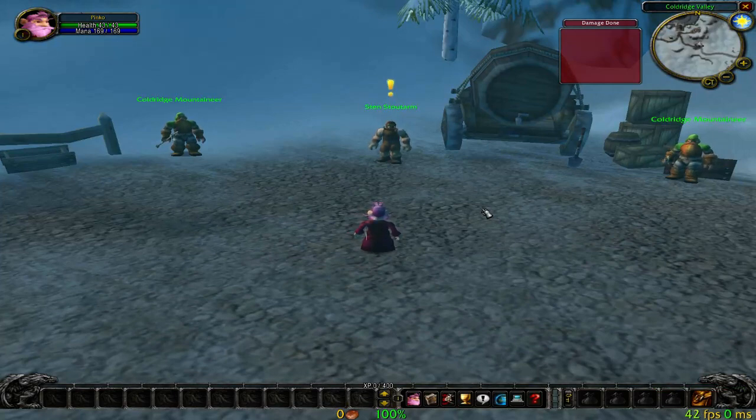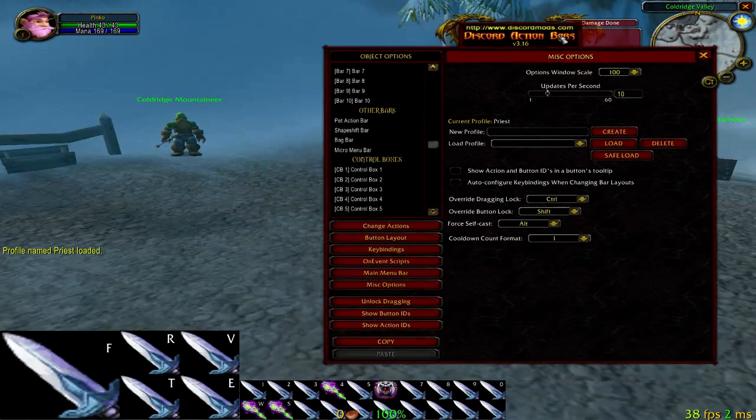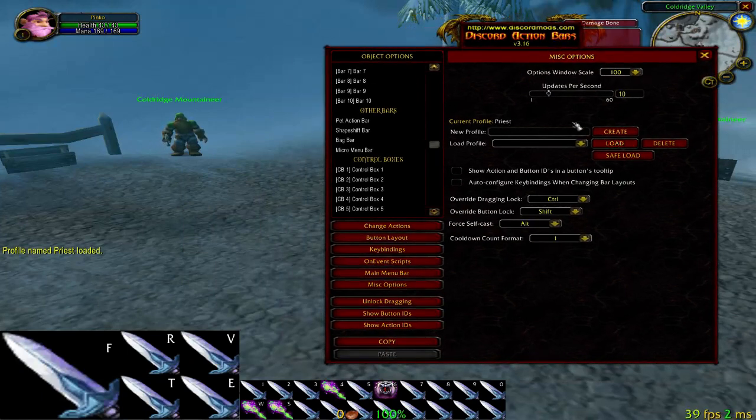Now, I went through and edited. I moved around the save variable files on my computer. They're under the World of Warcraft directory, under the W2TF folder. In there you'll find a list of all your accounts, and by moving some of the save variables around from account to account, I was able to transfer the profile that I had created when I did my priest video. So now I can load it, as you just saw me do, and now you can see the very familiar